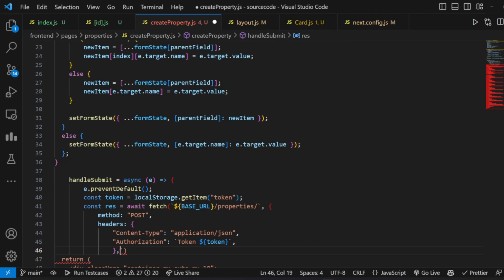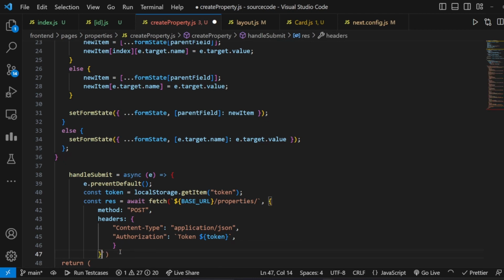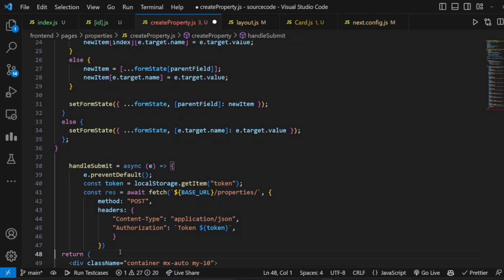Okay, then after that, once you have this header, and then you have this response. Okay, now you can get data from the response. So